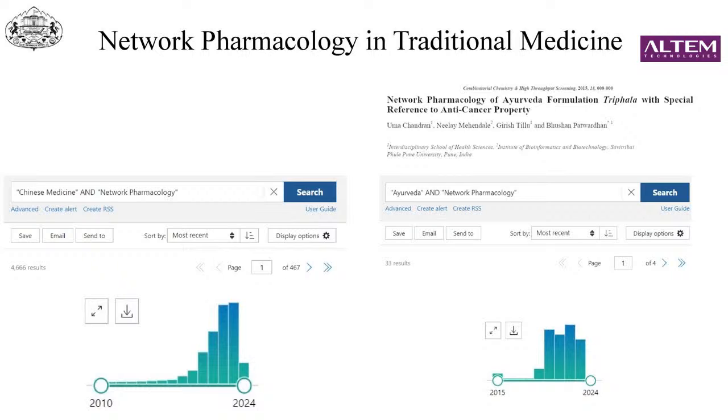Similarly, Ayurveda also a bit later started catching up, because even Ayurvedic formulations have these multiple polyherbals, right? I mean, they have polyherbals which have again multiple ingredients. So people started using this network pharmacology tool to try and explain how their multiple chemicals might be working. So, in fact, in 2015, one of the first papers of network pharmacology to explain how Trifala might be working came out